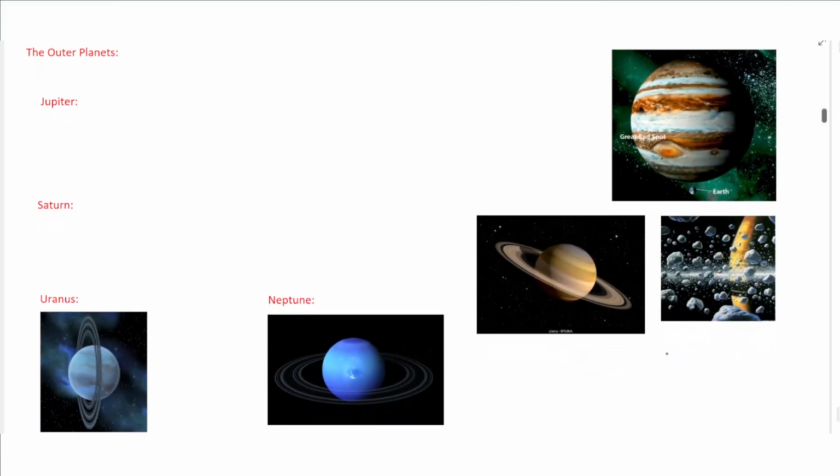As for the outer planets, Jupiter and Saturn are considered gas giants since they mainly consist of gases, and there is no solid surface on Jupiter or Saturn. Uranus and Neptune are called ice giants because they have solid surfaces made of ice. Ice in space does not have to be specifically made of water. It could be solid carbon dioxide or any gas that is in the gaseous state at our room temperature,